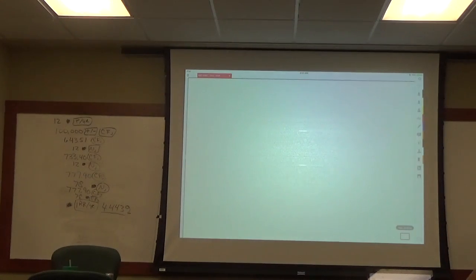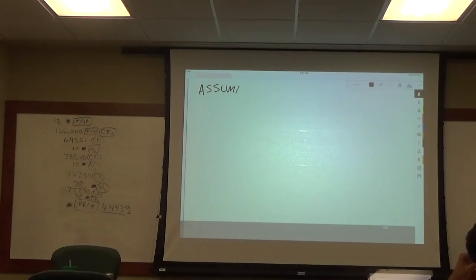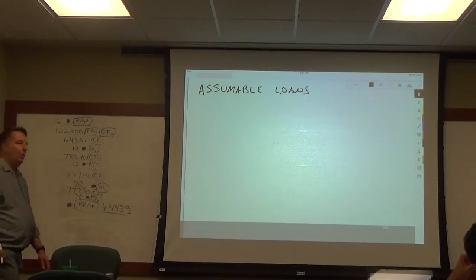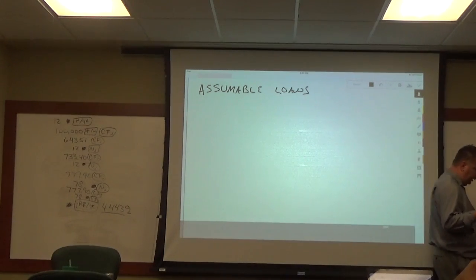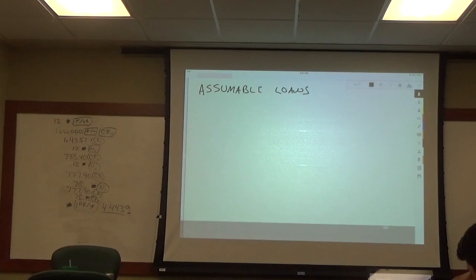All right, assumable loans. One of the types of loans that exist, or not necessarily a type of loan, but an opportunity that exists for some loans out there in the market, are assumable loans. What this means is you as a borrower have obtained a loan. Maybe Bridget has gone out and obtained a mortgage loan, and then at some point Bridget wants to sell her